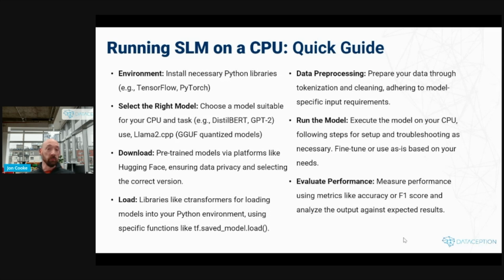We select the right model based on the type of task we want. We typically use quantized models around that. That's our first port of call. We download them. We then use libraries like transformers and LangChain, and we basically do the data processing, run the model, and evaluate performance. Classic kind of way of doing AI, but